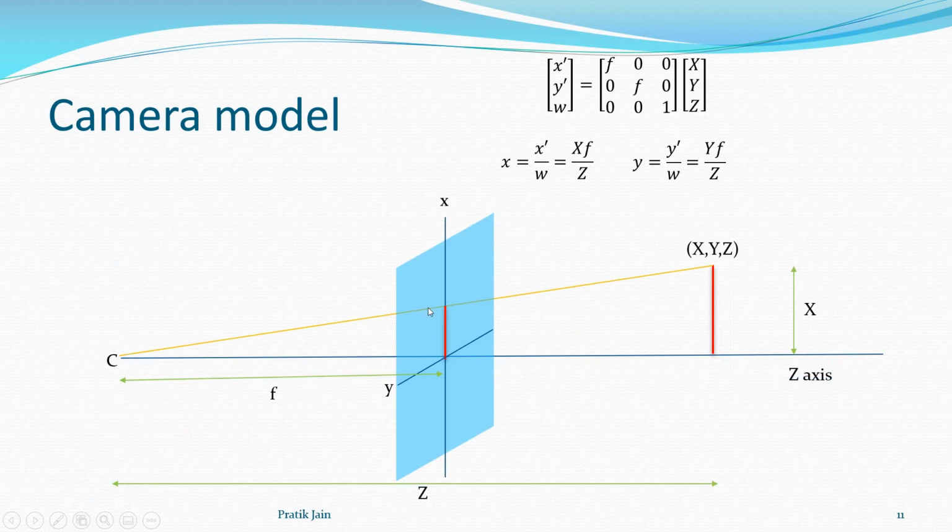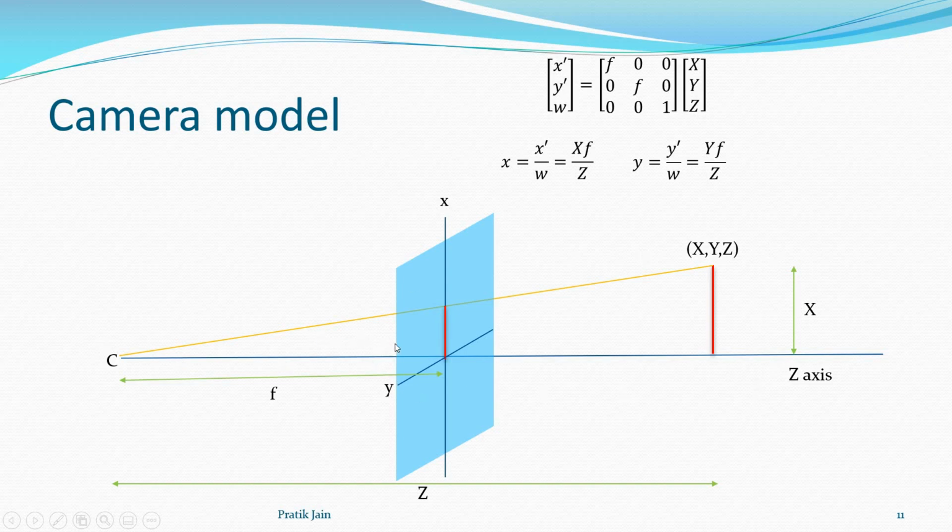Consider this triangle, formed by C, this point and this point, and consider this big triangle. So this smaller triangle and the bigger triangle. This angle is equal for both of the triangles because it is 90 degrees. And this angle over here, angle C, is common to both the triangles. So by the AA test, the smaller triangle is similar to the bigger triangle that we can see over here.